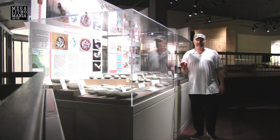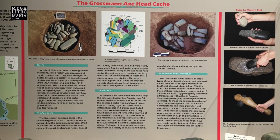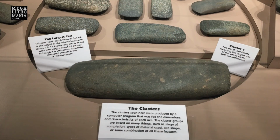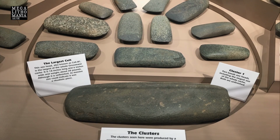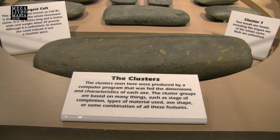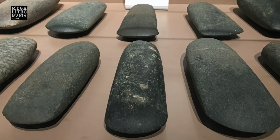This is one of the reasons I wanted to come here, because when J.J. Ainsworth was here last time, she told me about these giant axes, and we can see one here. Now that must be at least 1.5 feet long, and this is unfinished. It's made of basalt, but that's got to weigh over 30 pounds, maybe 40 pounds. And there's some other quite large ones at the back over here as well, but this one is really interesting